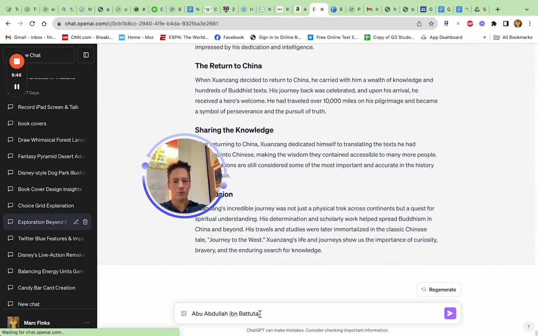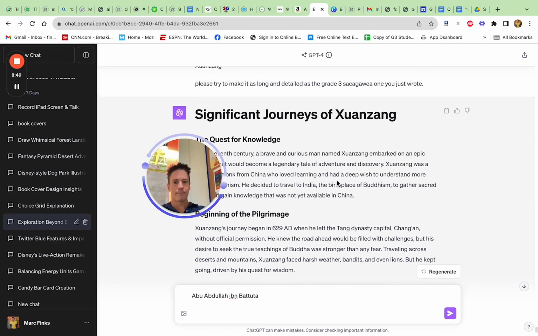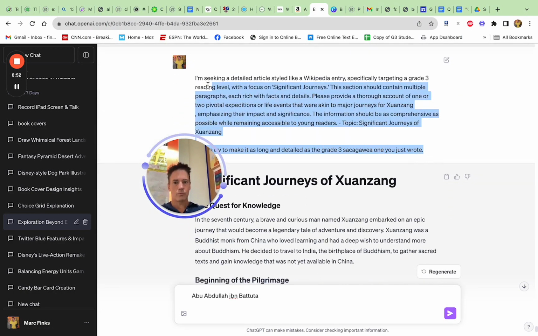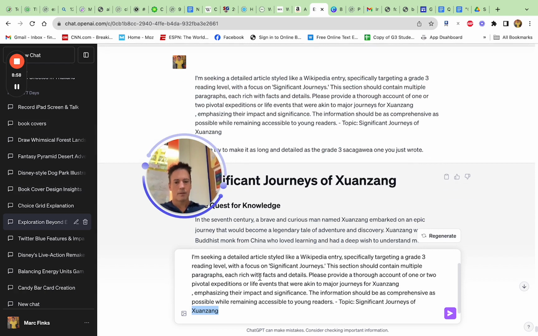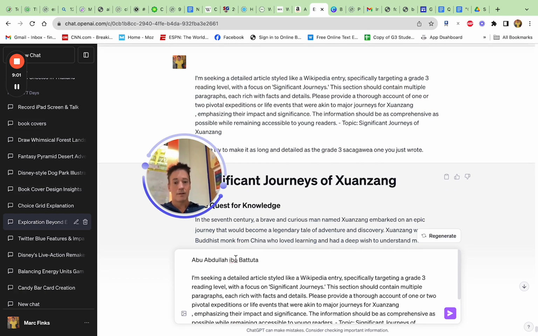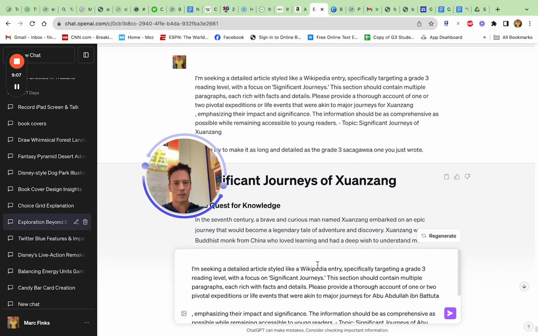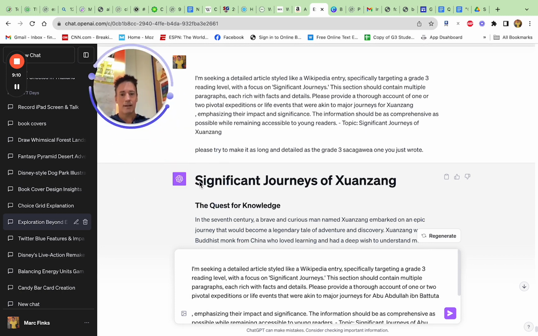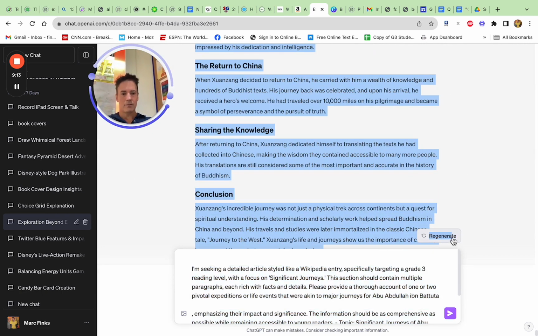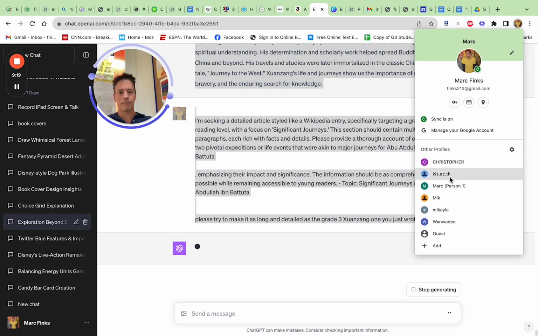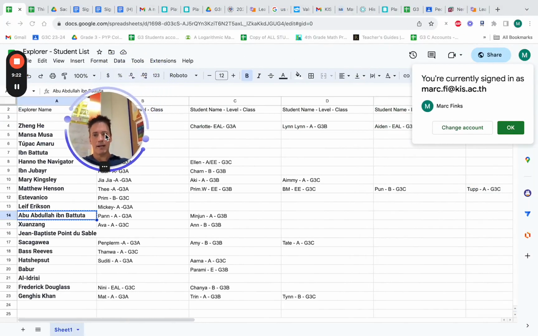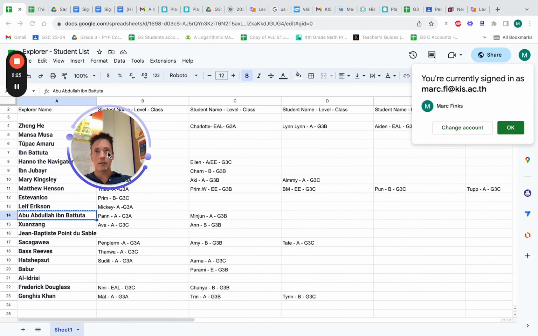So again, I'm just going to paste the explorer's name there. Go up here. Copy this. Put this here. Put this name here. Copy here. And again, while it is doing this work, I'm just going to copy this thing here and paste it over here. So now it does its work, and I go do my work. So that's how I'm using ChatGPT to make different reading material for my students that is accessible to them.